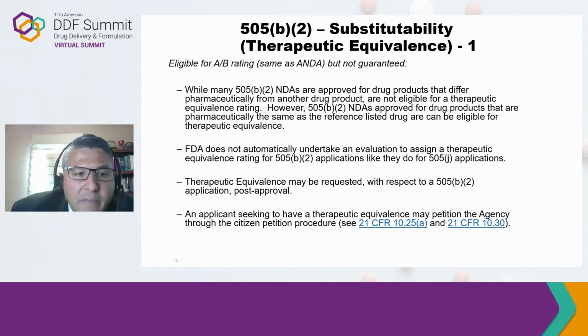So when you do have a specific business case in mind, that needs to be taken into consideration. What if it's not going to be AB rated versus if it is going to be AB rated, and when would it be AB rated? So an applicant seeking to have this therapeutic equivalence may petition the agency through the citizen petition procedure. Just some information, some facts here: there's multiple examples where, for example, a company has requested